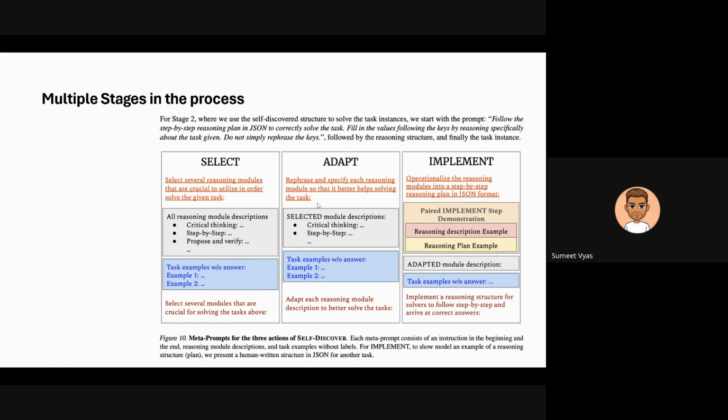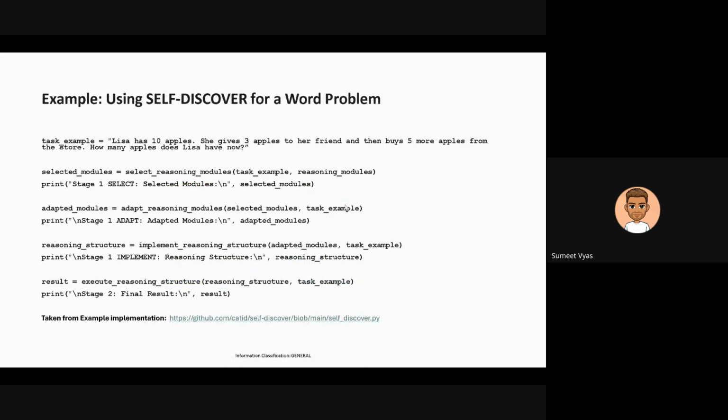It tried to elaborate the modules as quickly as possible, as wide as possible, covering multiple steps. And specifying examples also helped fine-tune this adapt module, that is, fine-tuning the whole rule in this case. Yeah. So we'll just go through a pseudocode sort of thing,